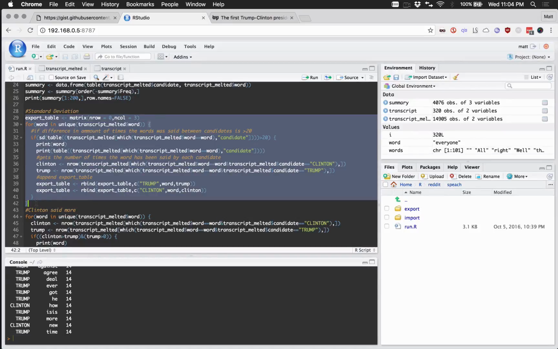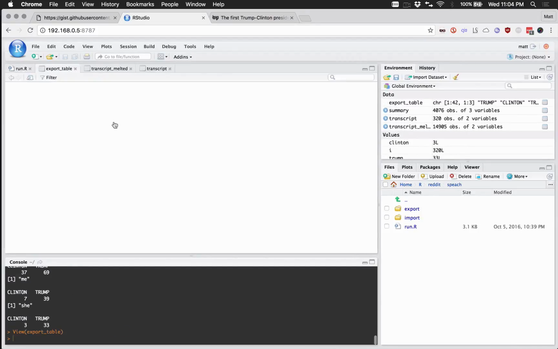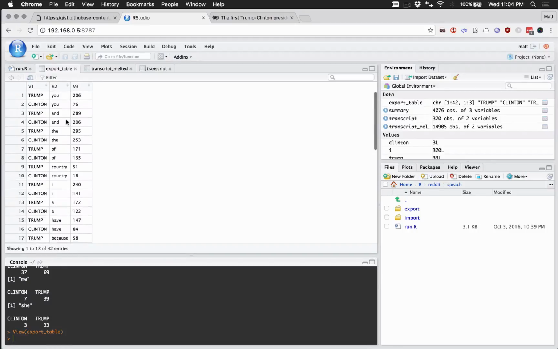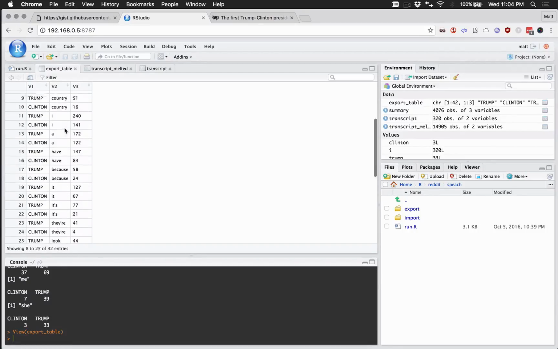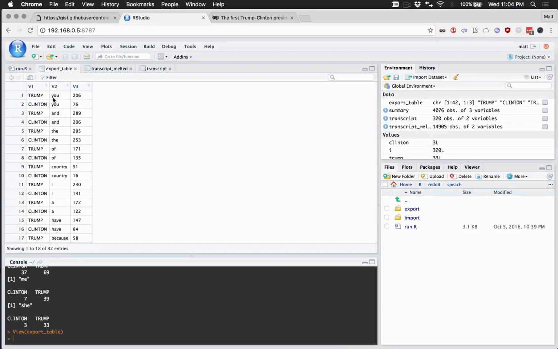I should probably change this to a lower count, but I don't know. Or it might actually make more sense to change this so that you are checking the percentage of the words said being 50% more or something like that. But right now, I'm just going to go through, and now our export table is created, and I'll have the number of times each word is said. You will want to remove articles, and obviously we're going to have 2 rows for every word, 1 for each candidate.